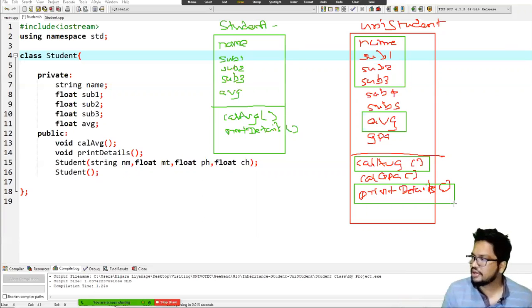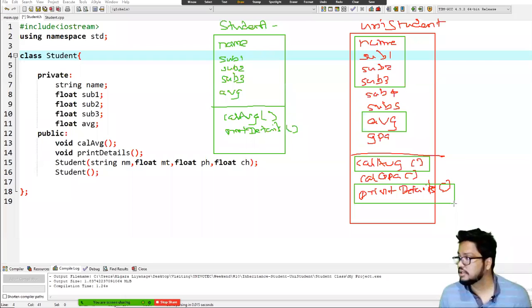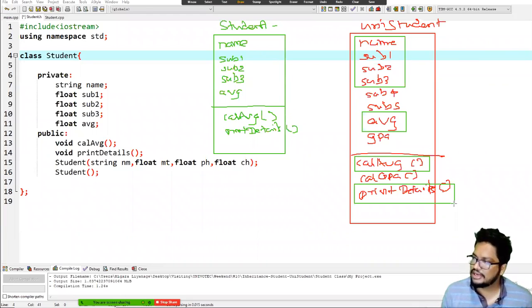I just want to compare these two. Then I can find that some of the data members as well as the member functions are available for both. I mean, some of the data members declared in the university student are also available in the student class